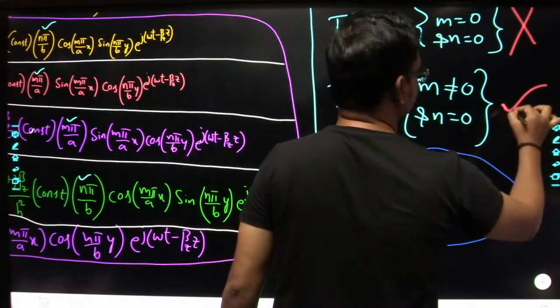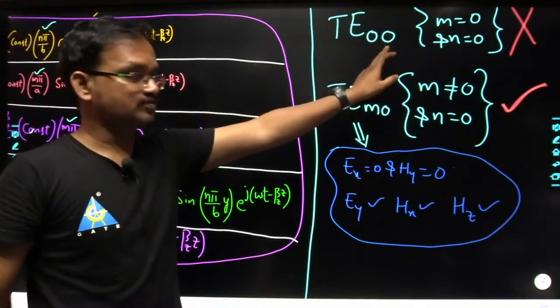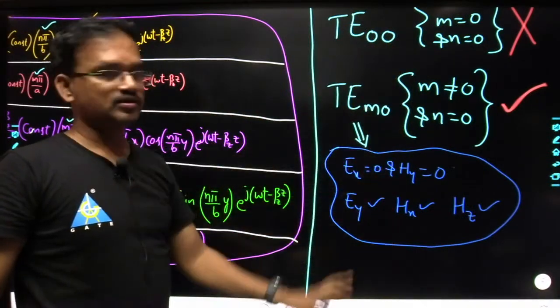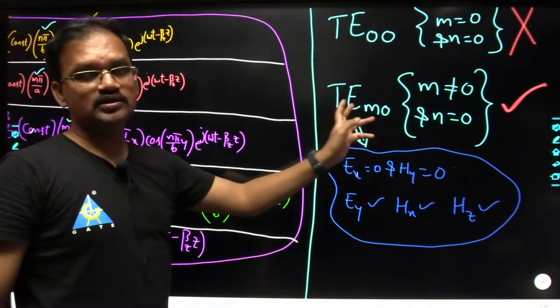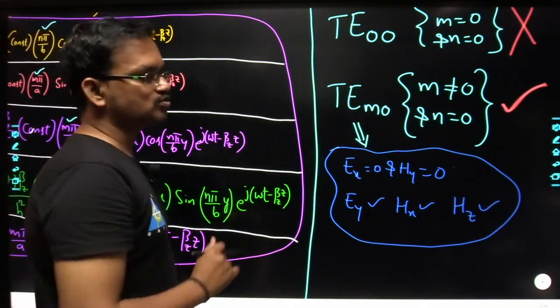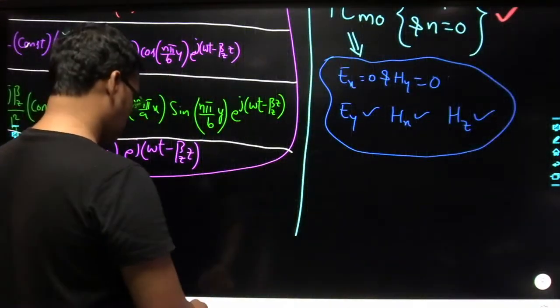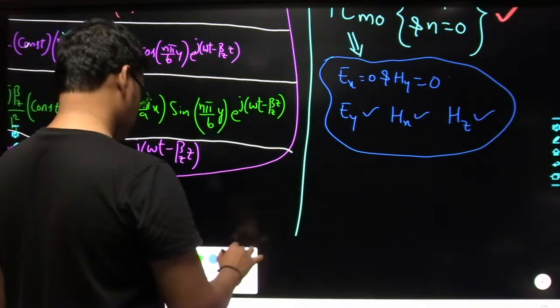This mode is possible. So that means what? TE 00 mode is not possible. TE 10 is possible, TE 20 is possible, TE 30 is possible, and so on. Right? Okay. So all those modes are possible. Right? Next, similarly, if you do the analysis with respect to